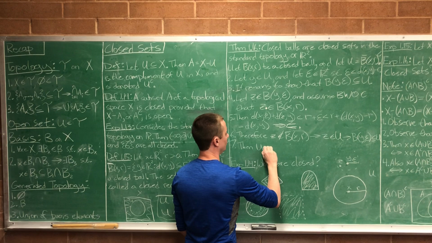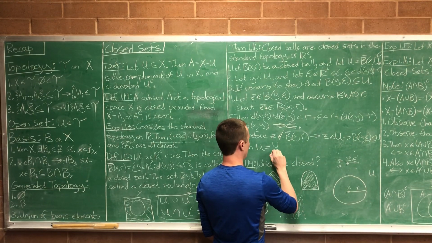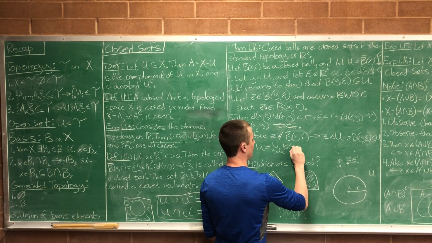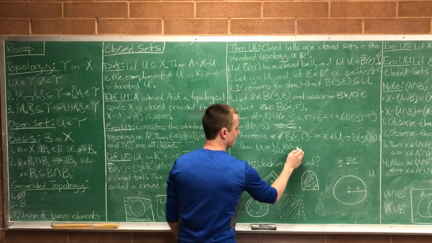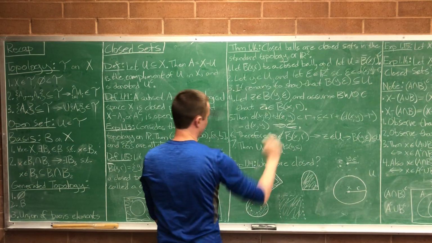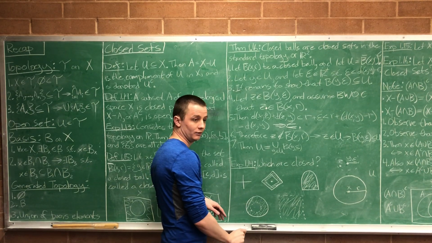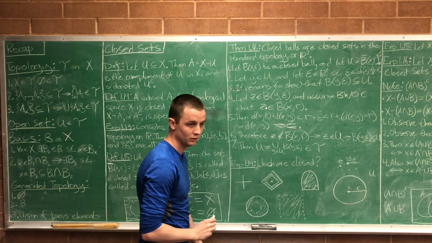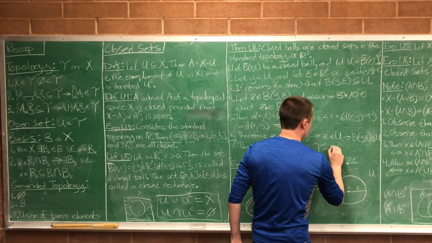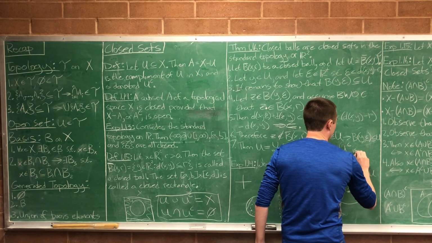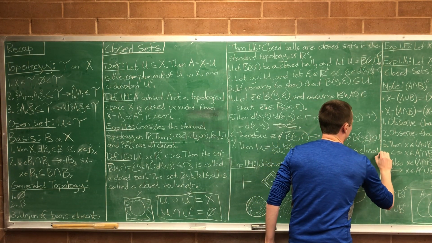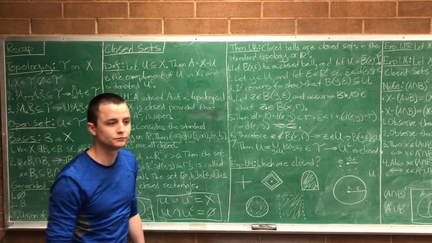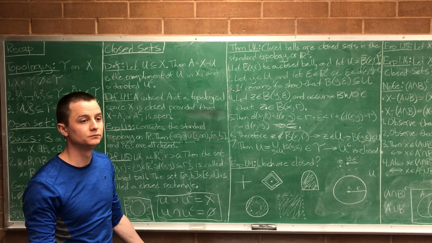So then U is equal to the union, for all Y in U, of those open balls that we can create at Y with some radius epsilon. We find epsilon for each Y that we pick out in this way. So then U is equal to this. These are all open balls, which means U is in tau, which means that U complement is closed. And we're done. Right? Any questions on that proof?